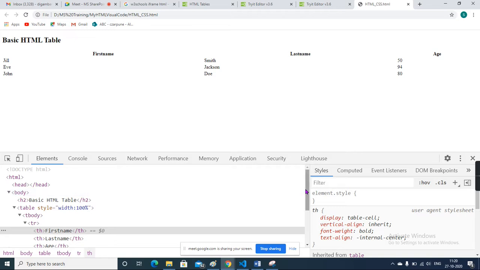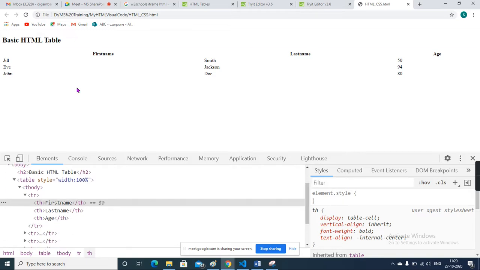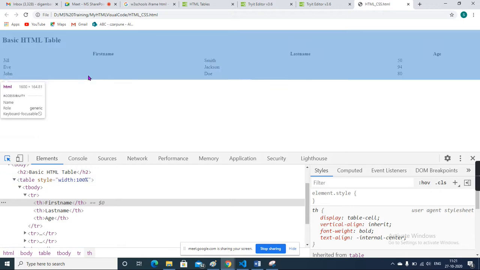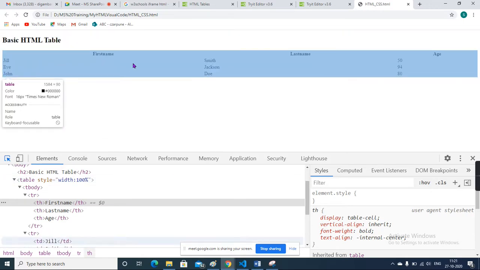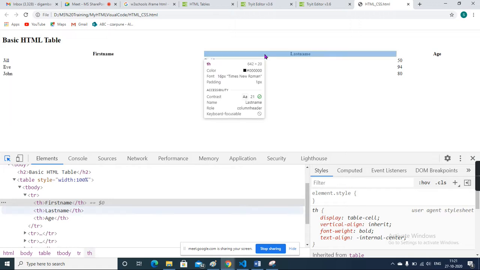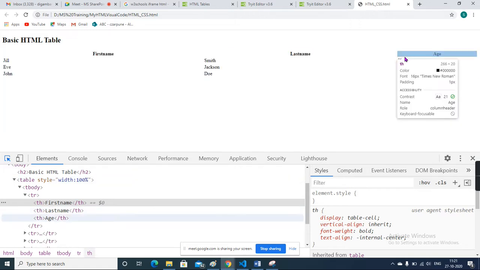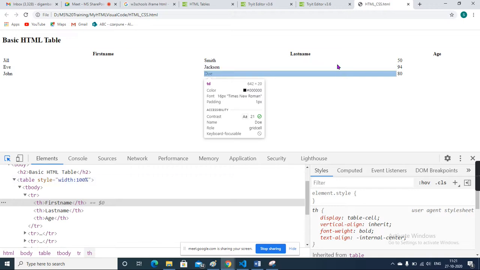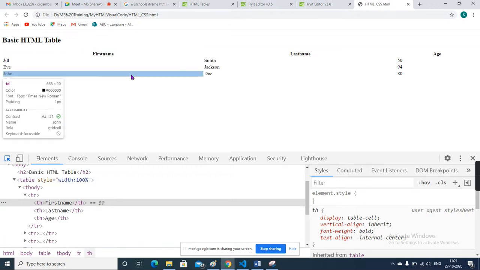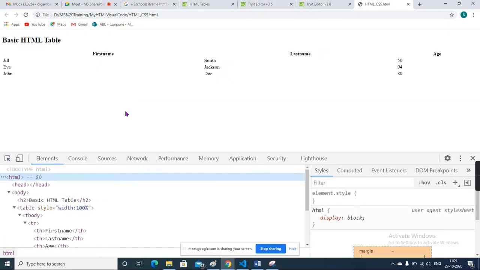Like this way we added the table header, but it doesn't have a border and nothing else. We can see the content, but it doesn't have any border. That's why it's not looking good. So how will we add the border? For that purpose, to improve the design and beautify the table or page, we use CSS. So how will we add the CSS?